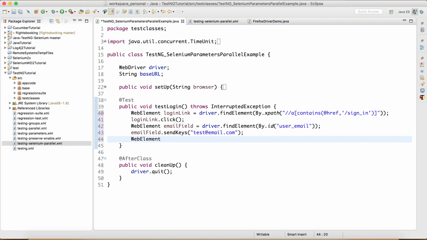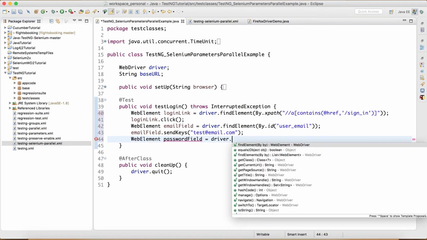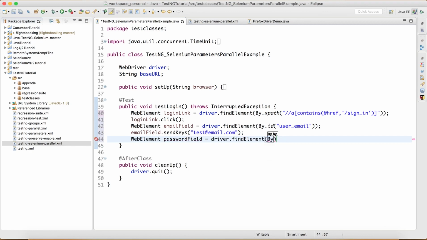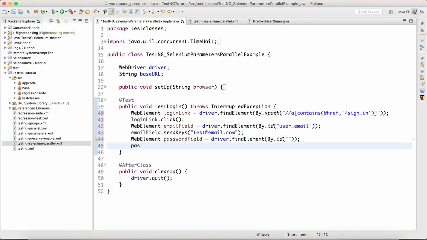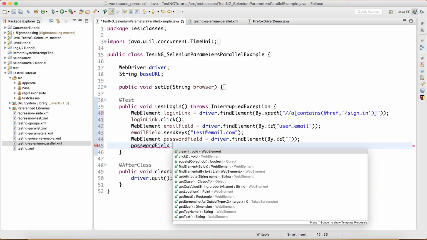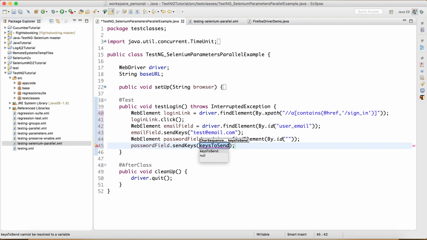Now I'm going to find the password field, and this one is driver.findElement(By.id. We'll provide the ID, and then passwordField.sendKeys and ABC.